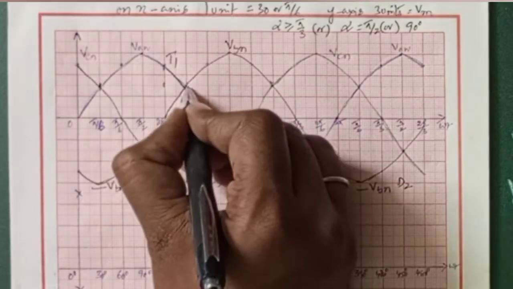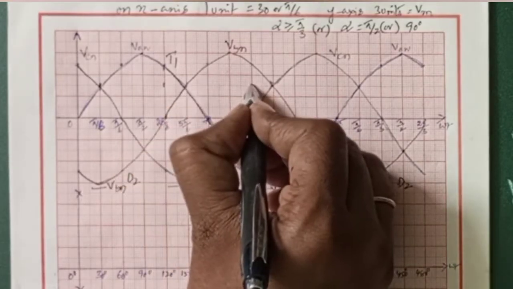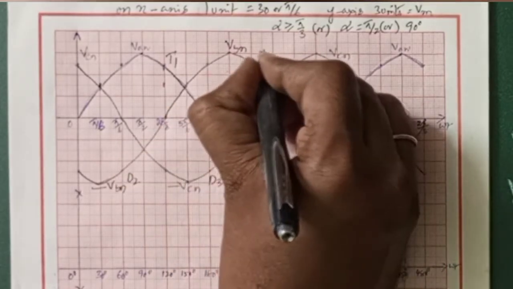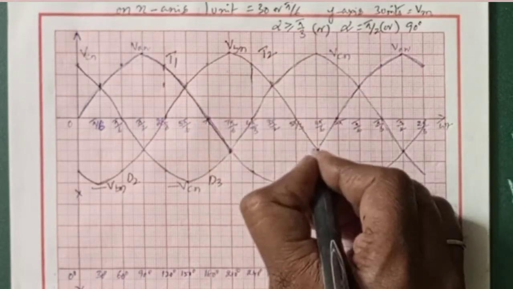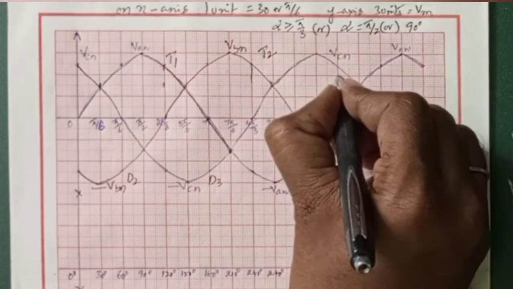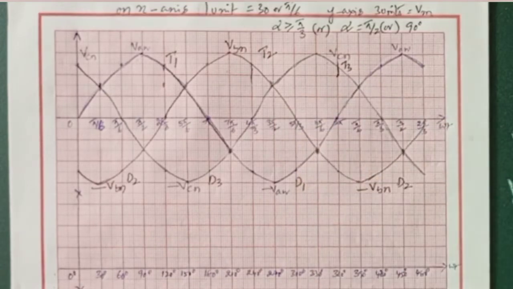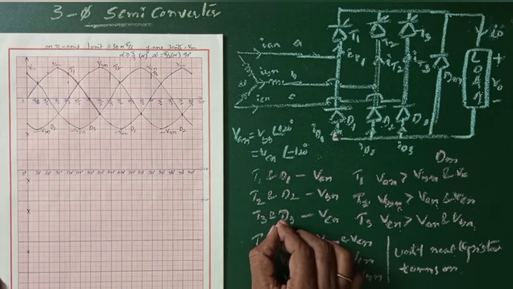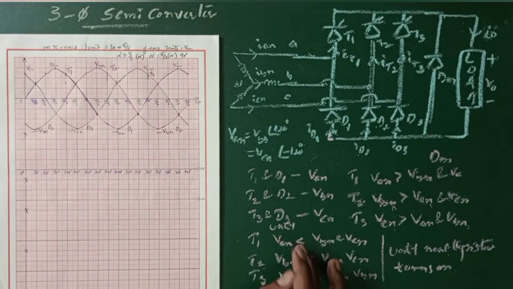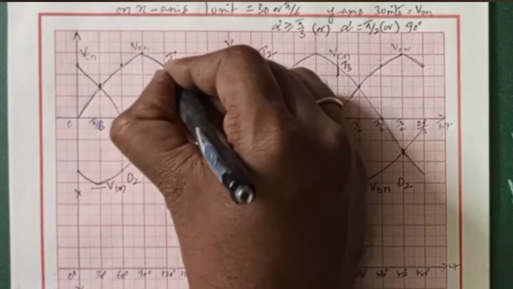Here, T2 is going to turn on at an alpha of 90 degrees. So here, T2 is going to turn on, and this is going to conduct until here. T3 is going to turn on here, and this is going to work until here. So here we can write this is until. When this condition is reached, the thyristor stops conducting. The area in between these two curves